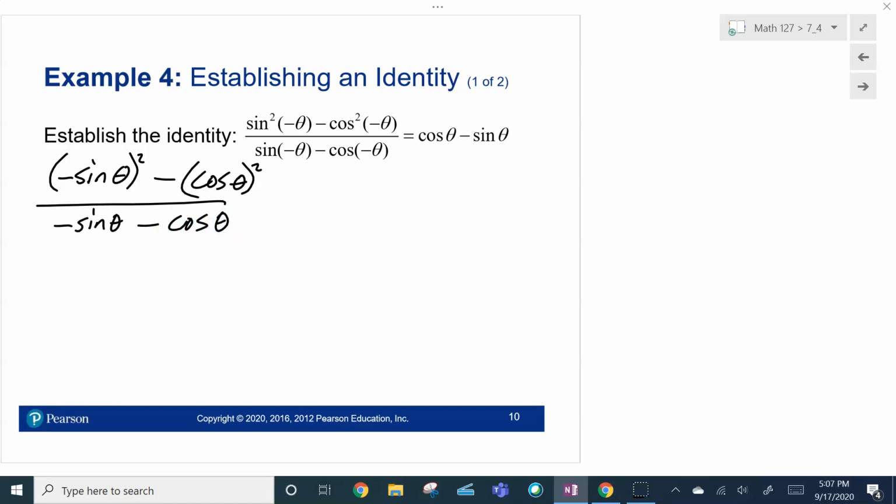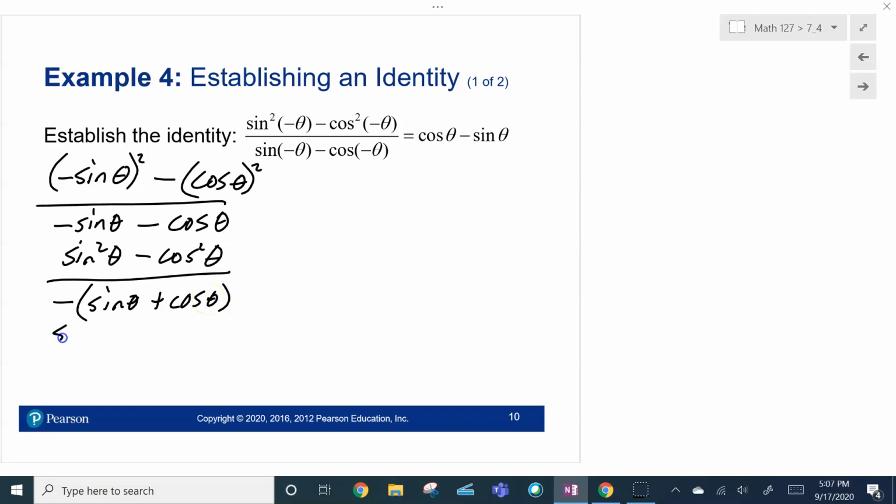So we've got sine squared theta minus cosine squared theta on the top. On the bottom, I have negative sine minus cosine. What I'm going to do is factor out that negative, so I have sine plus cosine on that. And now I'm going to factor the numerator. I know that's a difference of squares: sine minus cosine, sine plus cosine, all over